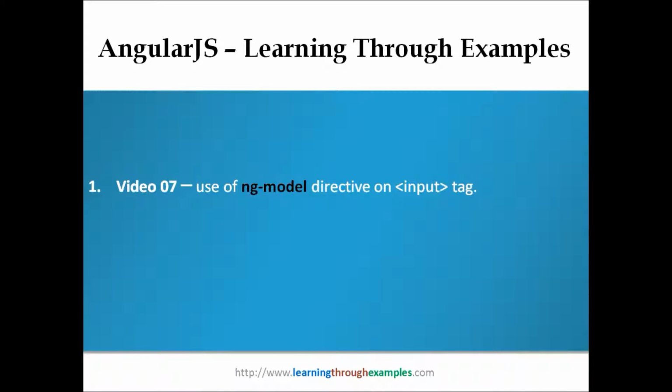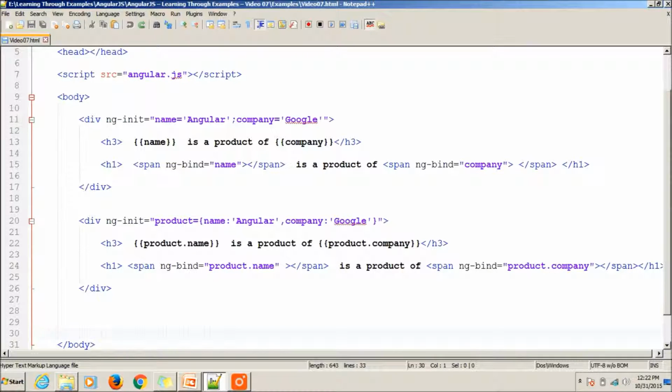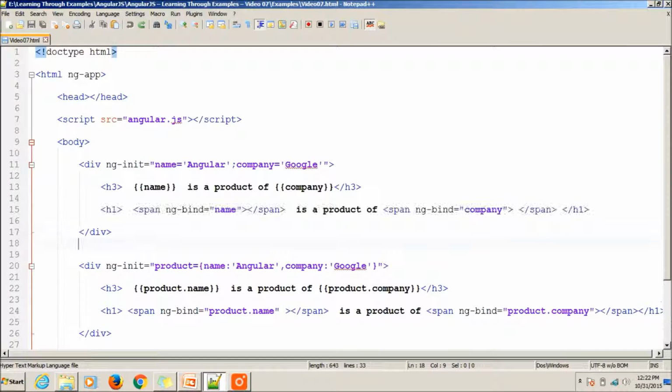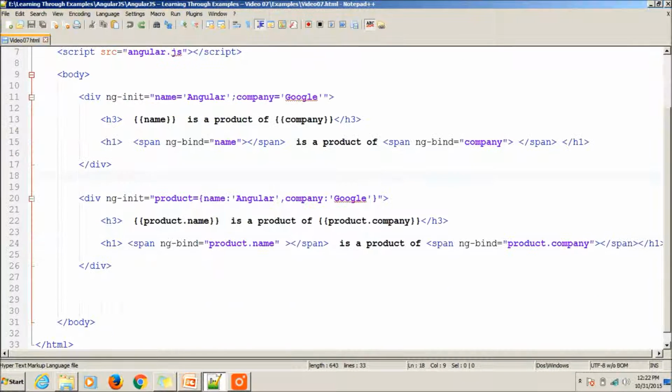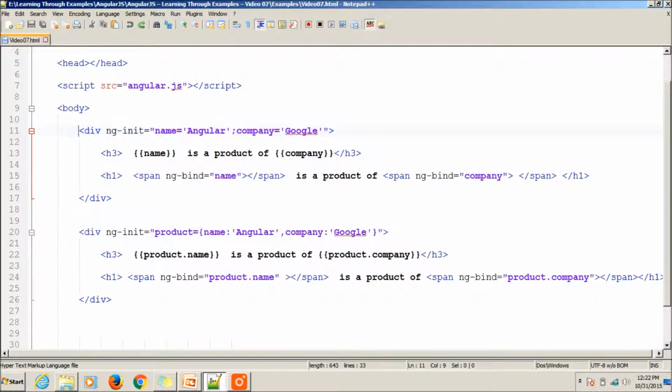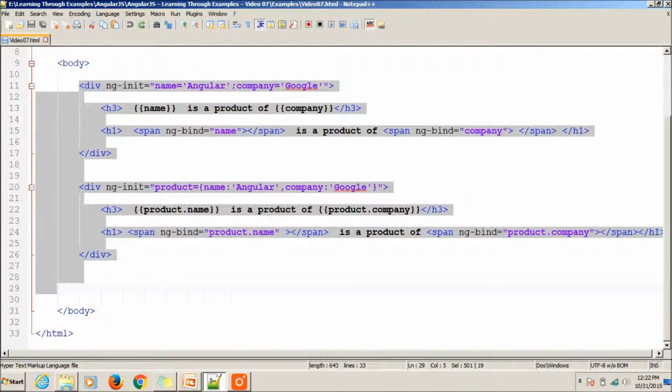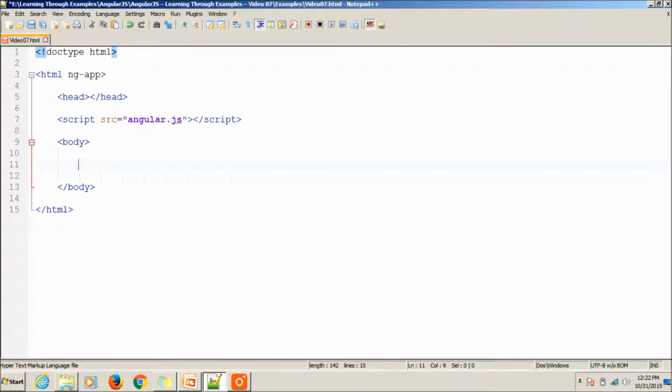In video 7, we will see the use of ng-model directive on input tag. This was the last example we have seen in video 7, where we saw the use of ng-bind directive. For this example, let me remove all that I have in my body tag,